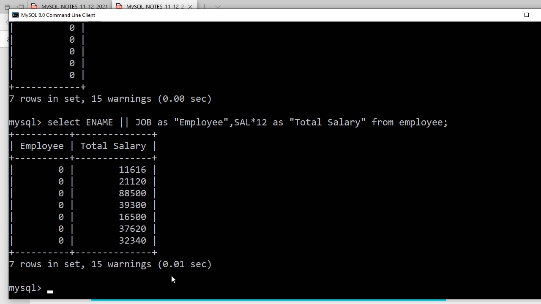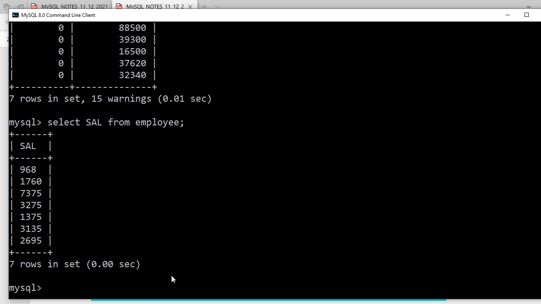Distinct salary for employee. How many salaries are there for employee? Suppose you are going to write like this way: select salary from employee. Now it might be possible that some guys are getting the same salary. Anybody who is getting the same salary? Okay, so this is not the correct output. What is the question here?